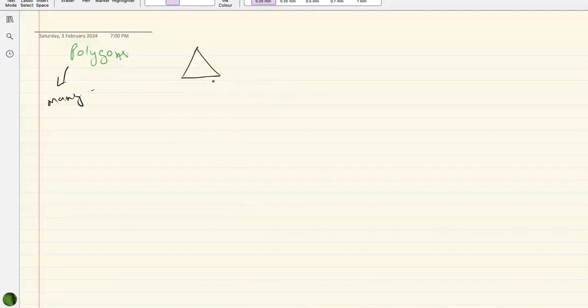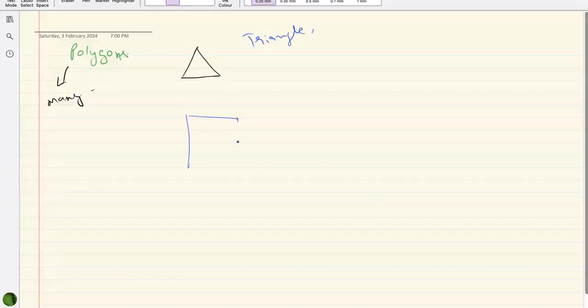So for example, we have 3 lines, which is definitely named a triangle. And then we have 4 lines, which is generally named a quadrilateral. Quadrilateral is a 4-sided figure. And then we do have specialized names for them, which could be square, having all 4 sides and 4 angles